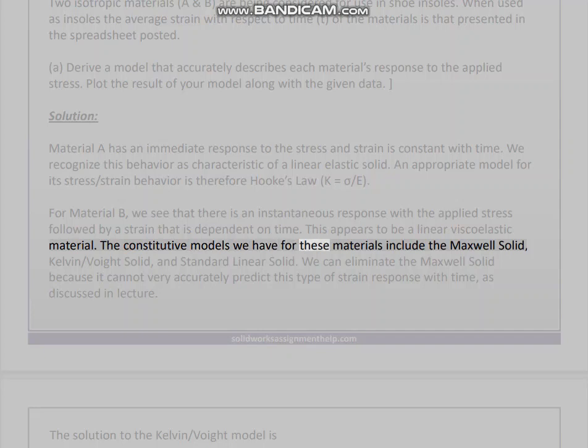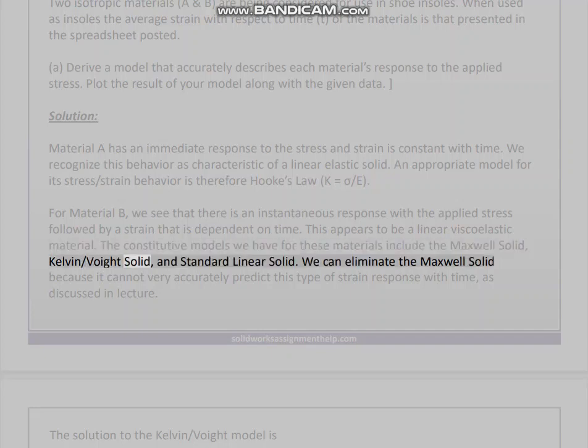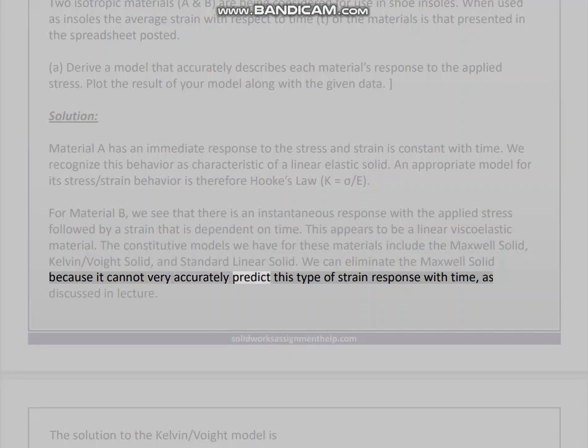The constitutive models we have for these materials include the Maxwell solid, Kelvin/Voigt solid, and standard linear solid. We can eliminate the Maxwell solid because it cannot very accurately predict this type of strain response with time, as discussed in lecture. The solution to the Kelvin/Voigt model is